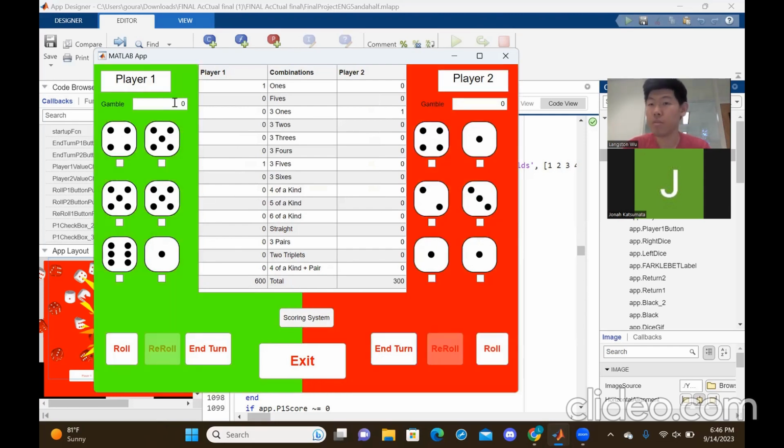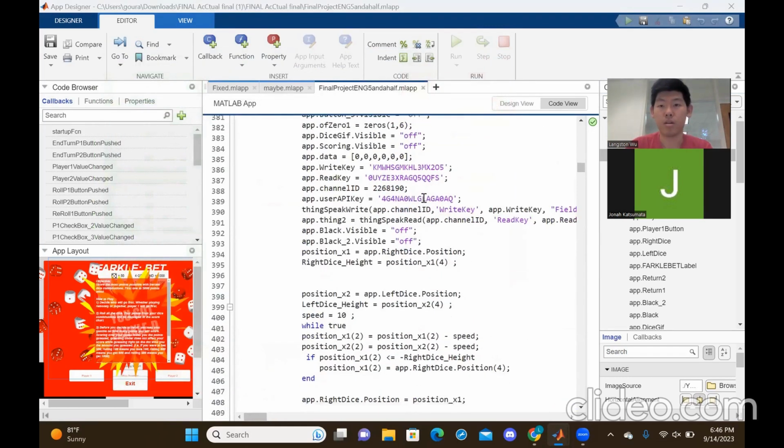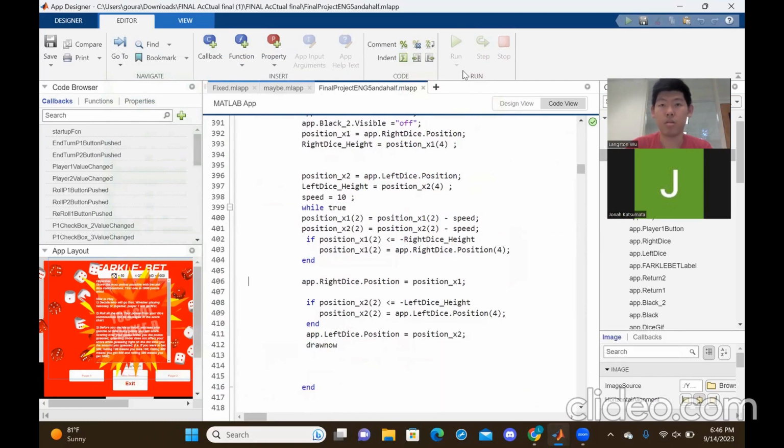There was also a little gambling feature, hence the name Farkle Bet, that you can also have a little more fun with. Jacob will be going over that shortly. But for now, let's go back and run